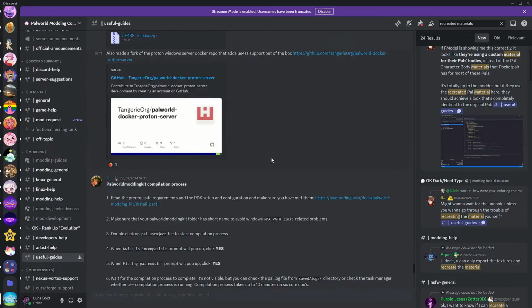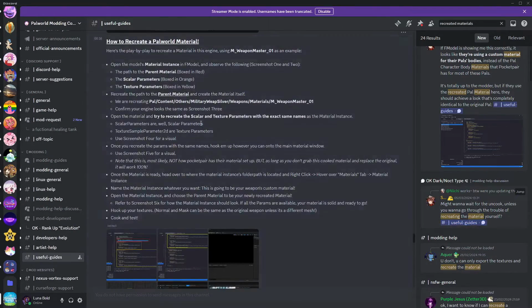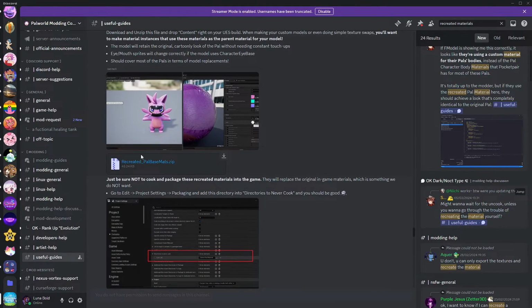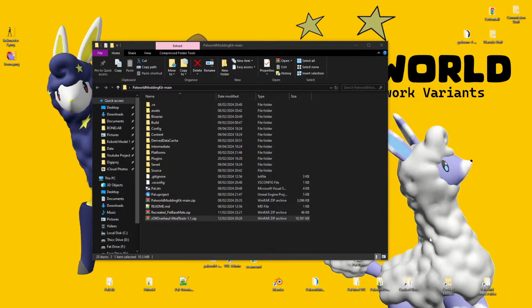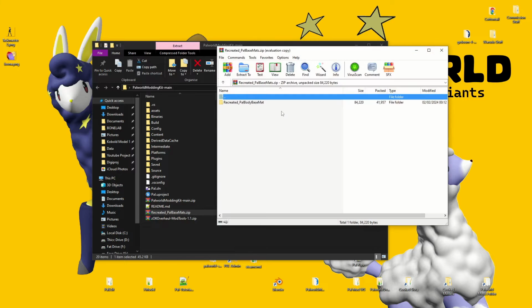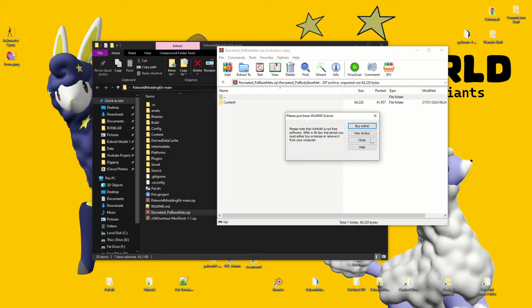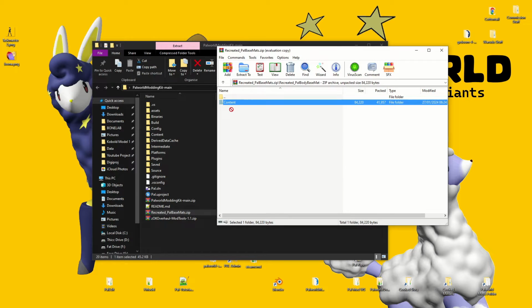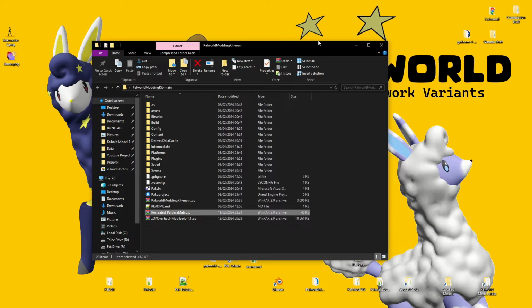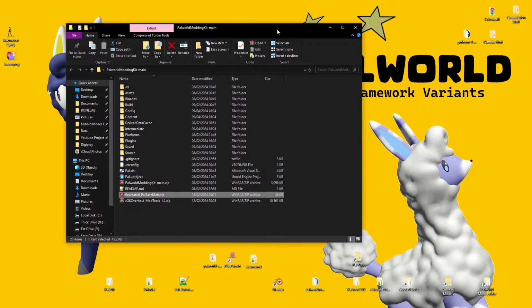Sora's post about it. Once you've got this post, we want to be grabbing this recreated PAL base mats.zip, and with that zip folder, we'll have something that looks like this, same as before. You just want to open it up, grab your content folder, and just shove it there, overwrite anything it tells you to, and we're now absolutely fine to continue to go in to make ourselves some OK framework